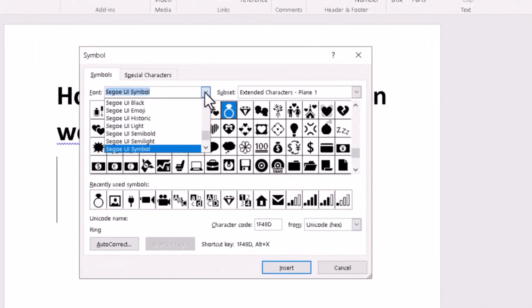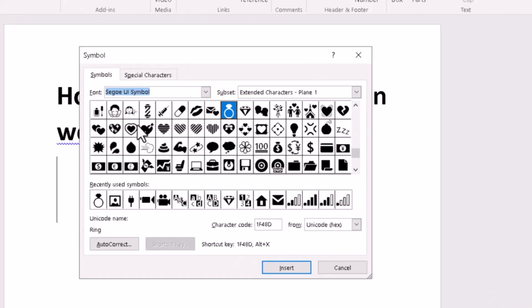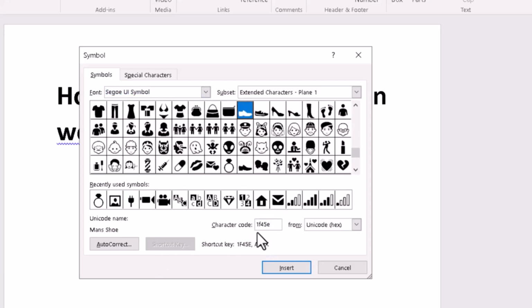So just click on this drop down in the font section and choose this one, and the character code is 1F45E, and click on Insert,